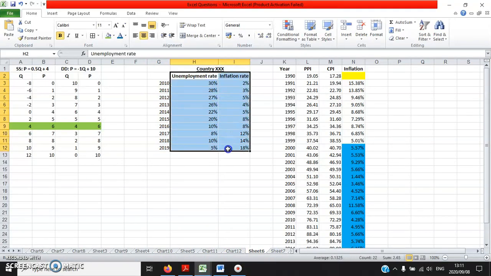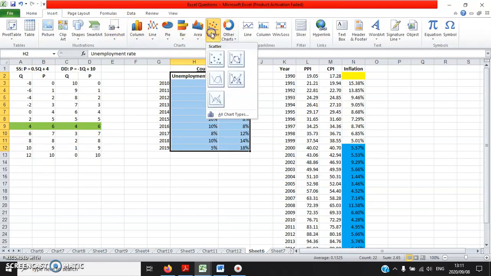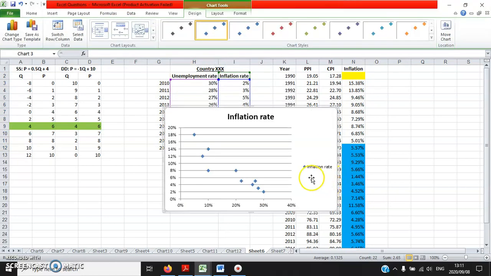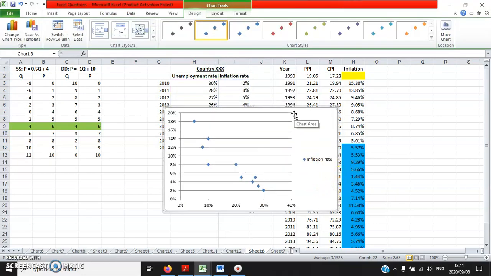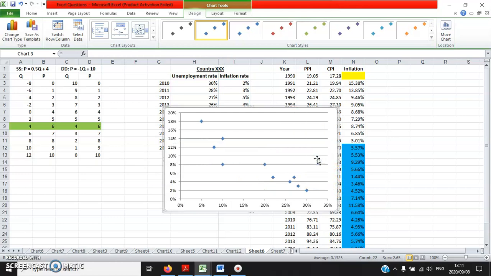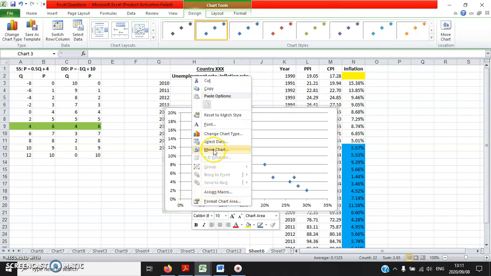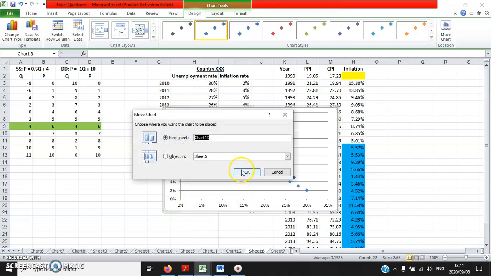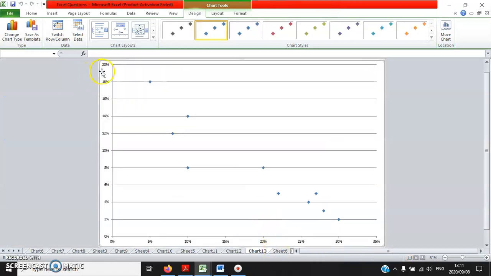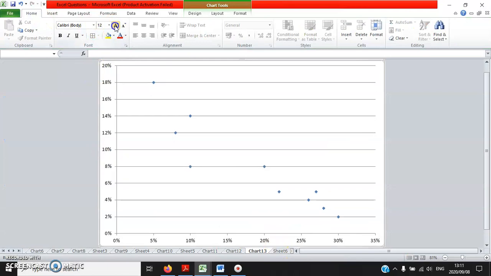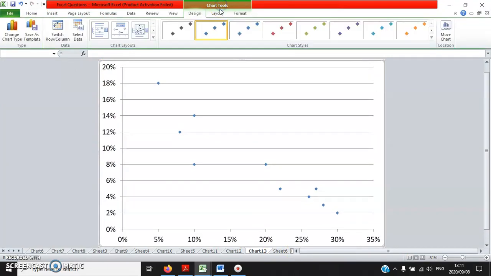So highlight the variables and the data, insert, scatter, the normal XY scatter plot with markers. I can delete this. I don't need that. Let me first move the chart. New sheet, sheet 13, and then I increase the font size. Layout,